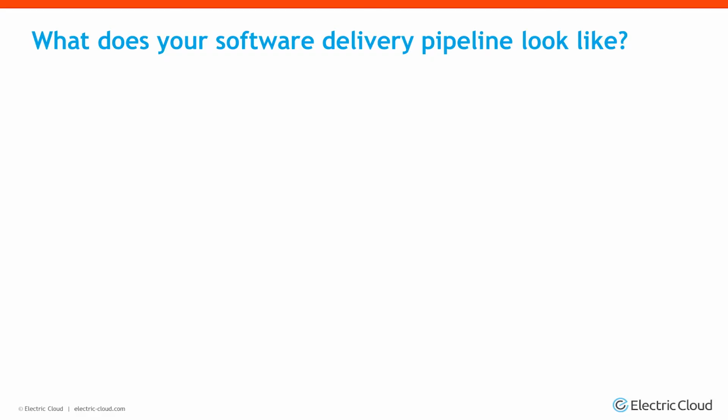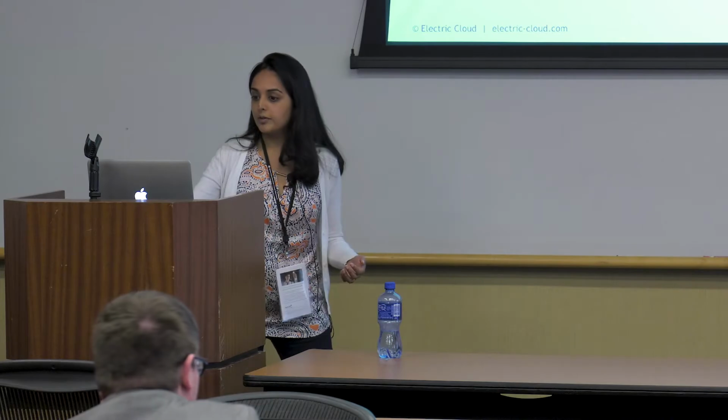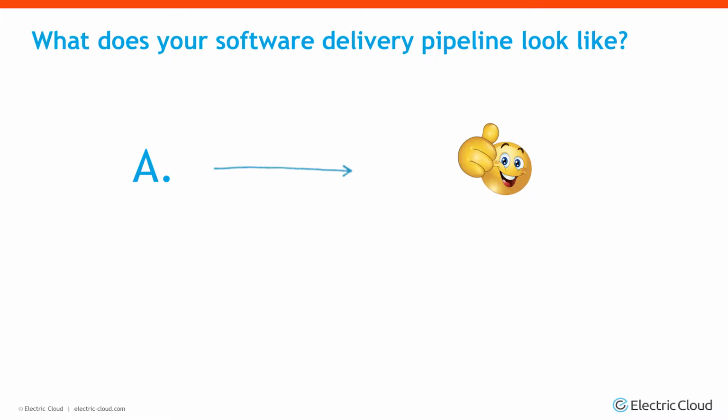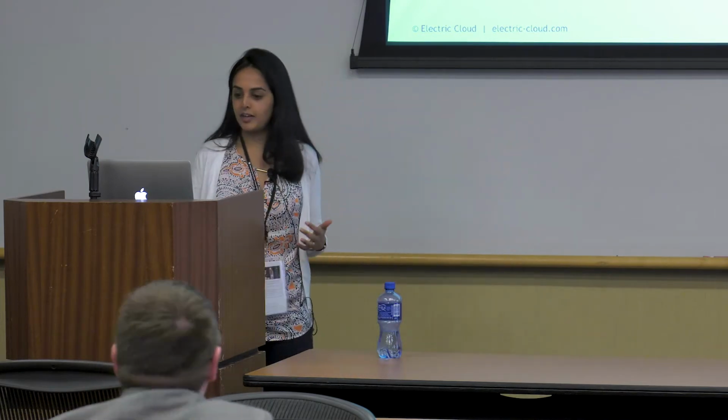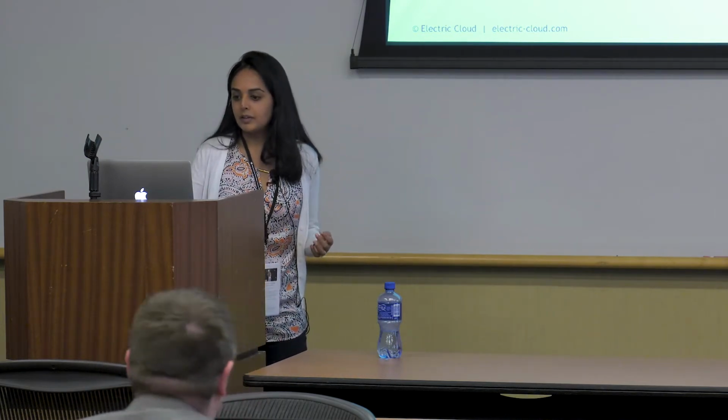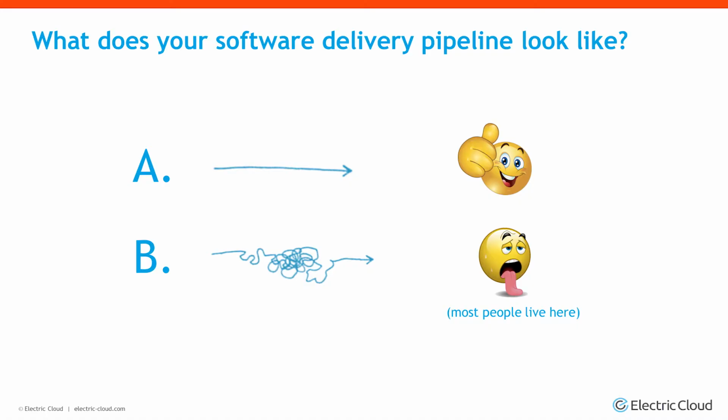So to start, what does your software delivery pipeline look like? We'll be taking a look at what a typical pipeline might look like, but how about you? Do you have a pipeline in place? Are you a straight shot where someone checks in code and then you're in production and thumbs up, smiling emoji? That's great if you are. I'm sure you're here totally strutting your stuff, but most people live more close to here, where it's not